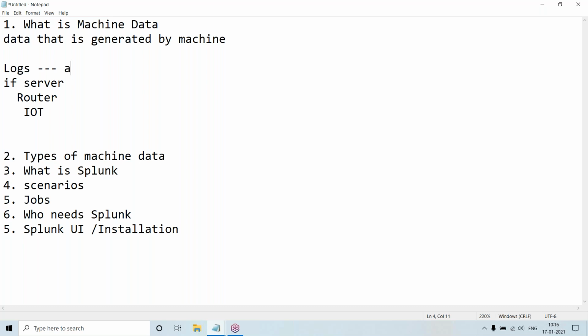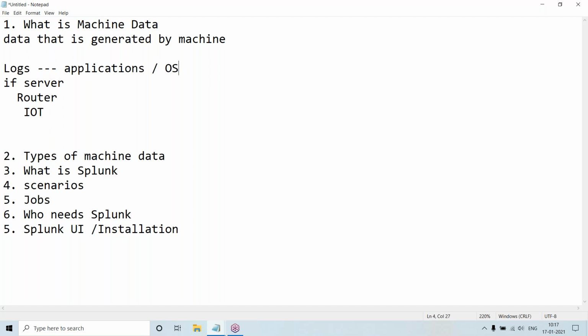We'll get logs from applications or operating systems. Routers won't dump logs, but from a router you will get information like the bandwidth of the router, the total capacity, how much is utilized, and the CPU, something like that.